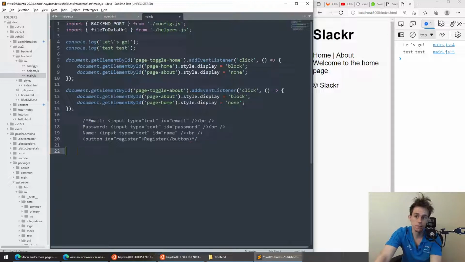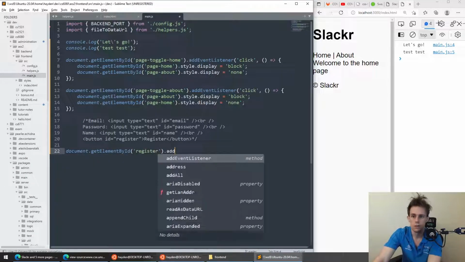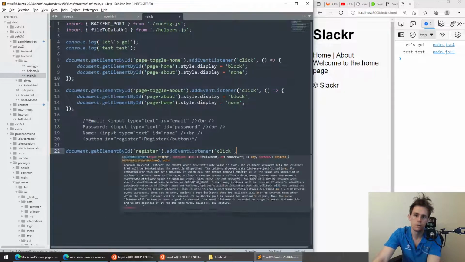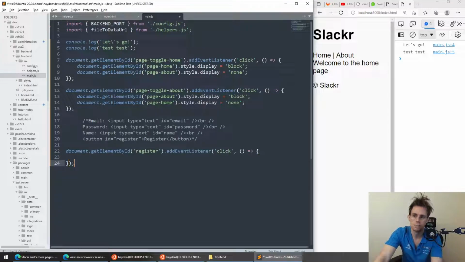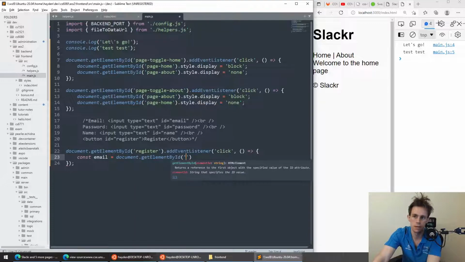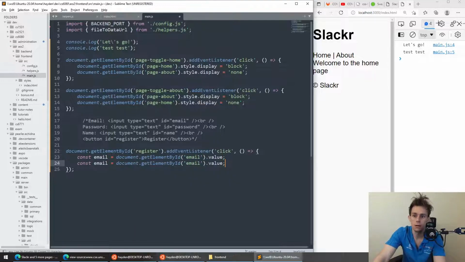But let's actually write the JavaScript now. So what do we want to do? When someone clicks register, we want to get all the inputs. Okay, well, let's start off with that. Document get element by ID register dot add event listener on click. We will collect the stuff. So const email equals document dot get element by ID email dot value, because that's what we care about. We've got the same thing for password, and then we're going to have the exact same thing for